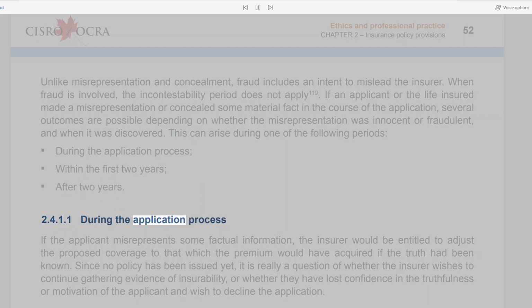2.4.1.1 During the application process. If the applicant misrepresents some factual information, the insurer would be entitled to adjust the proposed coverage to that which the premium would have acquired if the truth had been known. Since no policy has been issued yet, it is really a question of whether the insurer wishes to continue gathering evidence of insurability, or whether they have lost confidence in the truthfulness or motivation of the applicant and wish to decline the application. Example: